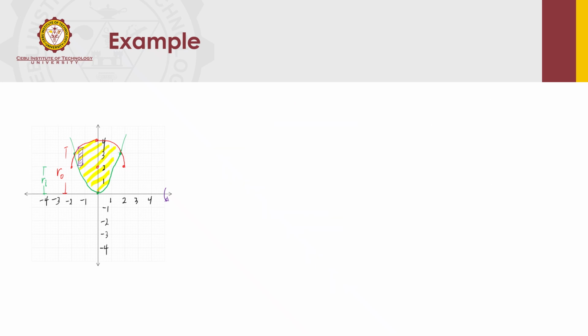4 cosine squared theta d theta. So that's, using an identity, 1/2 plus 1/2 cosine of the double angle, so 2 times theta. Okay, we'll factor out 1/2 so we have no fractions. Together with 4, we place them outside. And then what we have left is 1 plus cosine 2 theta.